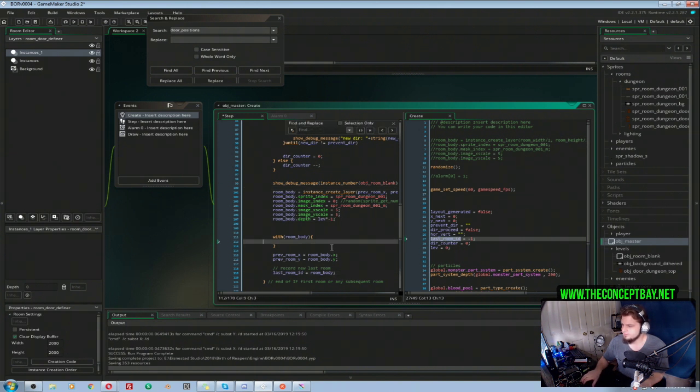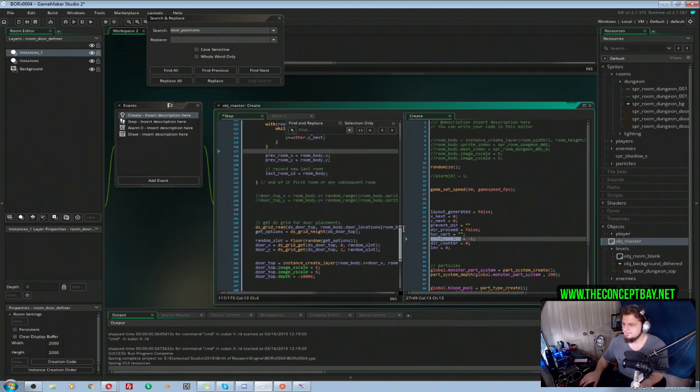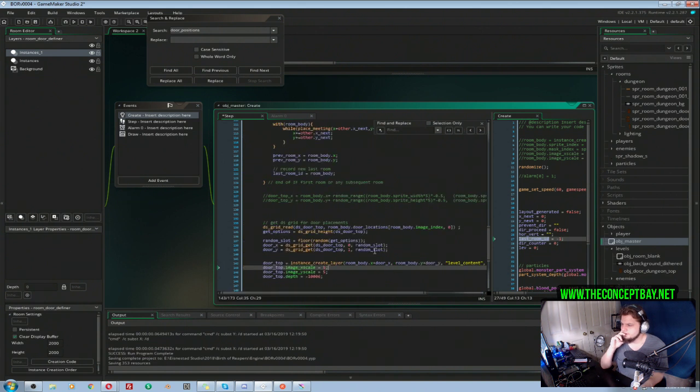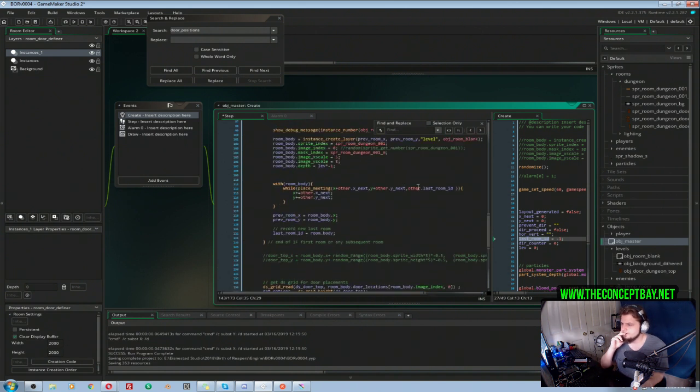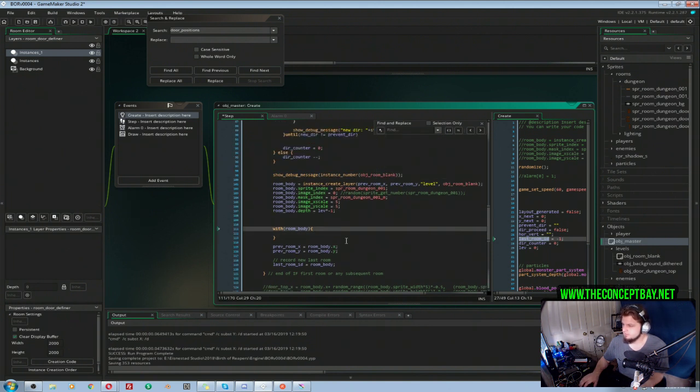In fact, the script that we had here does have the last room ID there. Yeah, so we're using last room ID in that while loop here when we're checking for collisions. So all we need to do actually